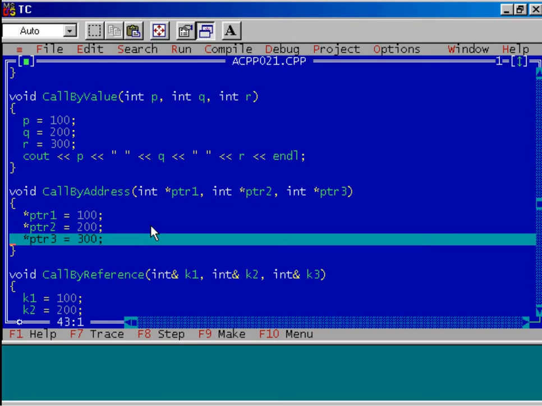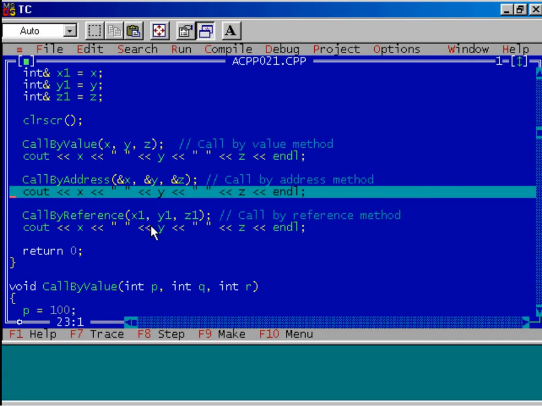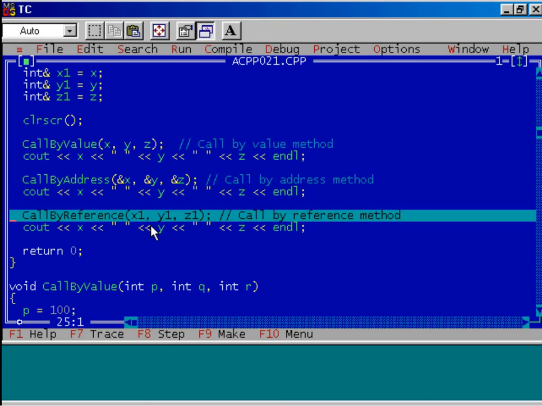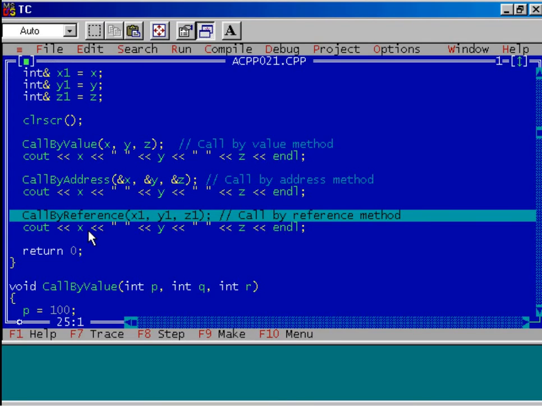Execute this step. Execute the last step. The control has jumped to the function main. I am displaying the content of x, y, z. Observe very carefully. See the DOS prompt. Press Alt F5. 100, 200 and 300. So in the call by address method, the original values of x, y, z are changed.